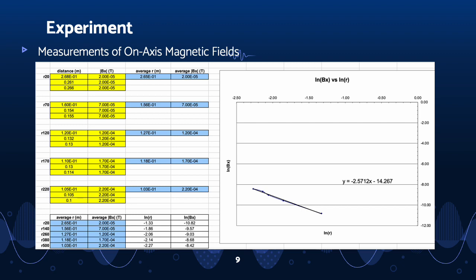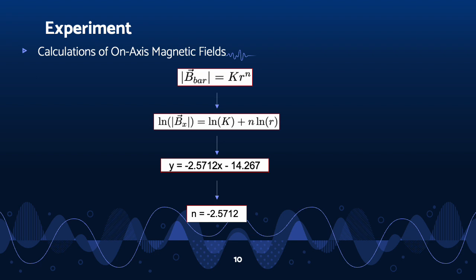This recorded data is useful for calculating the distance dependence, but plotting these values directly without using curve-fitting software is very difficult. But I'm able to plot the natural log of these values, which is shown on the right, which includes the equation of the line. By creating the graph, the experimental value of the distance dependence is simply the slope of my calculated line. So the value is negative